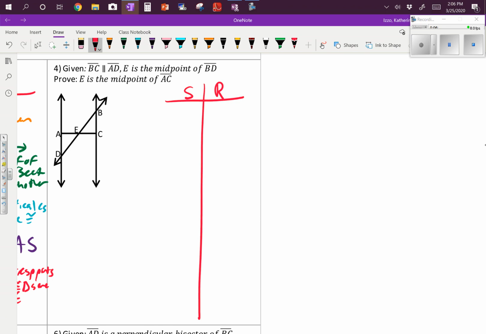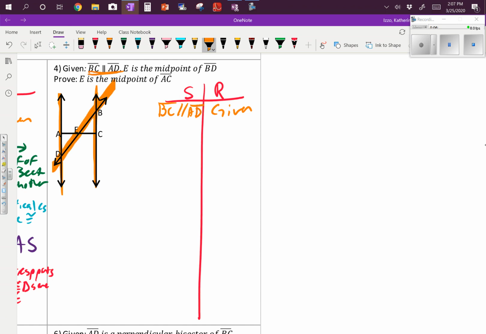Statement reason. First one, BC is parallel to AD. We have not had a parallel in a very long time. We have not done that whole parallel thing in a very, very long time. So I've got AD and I've got BC. We've got